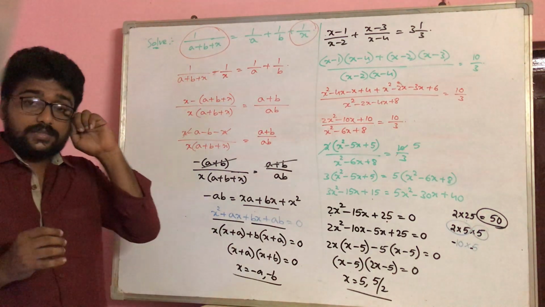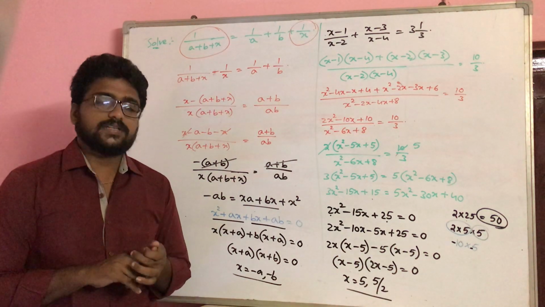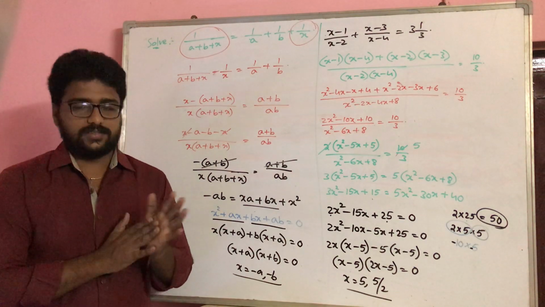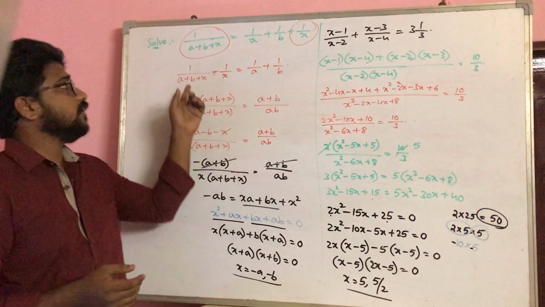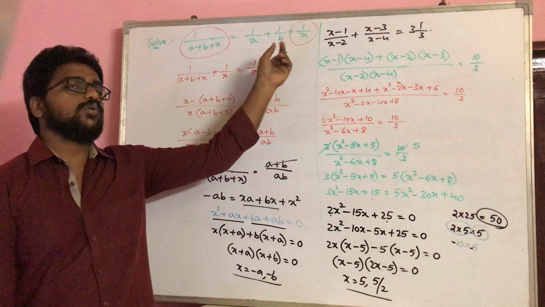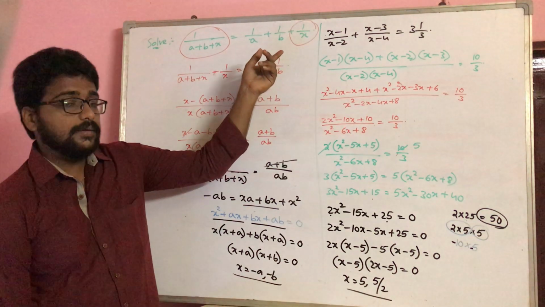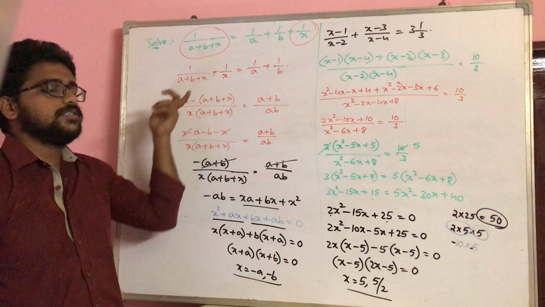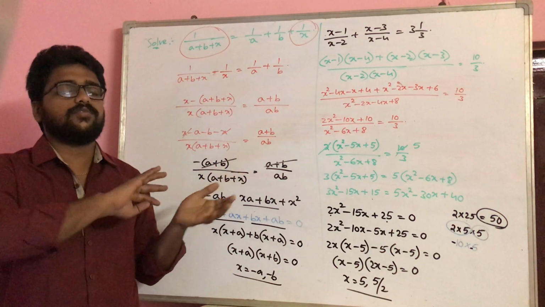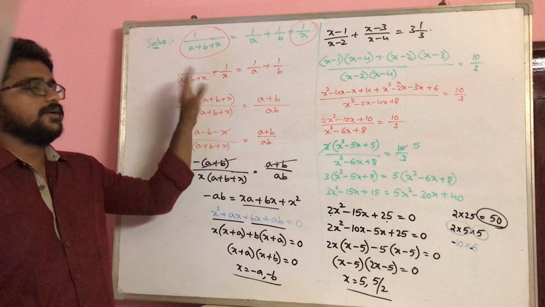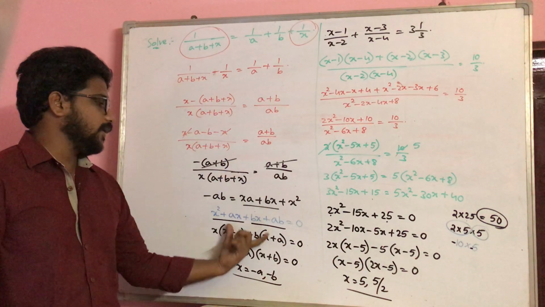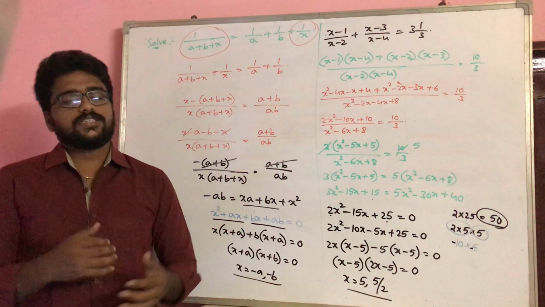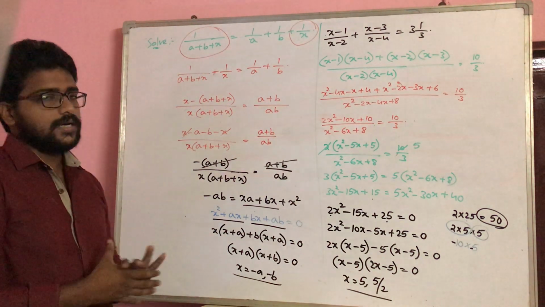Don't think that they will always directly give you the quadratic equation in the form of x square plus something like that. It's not necessary. You see here, by seeing this equation, generally no one will get an idea that it will be a quadratic equation. But once you understand this logic, bringing constants to one side and variables to the other side, it leads to a quadratic equation here, and see how simply we got the factors, right? So this is the basic application of the quadratic formula.